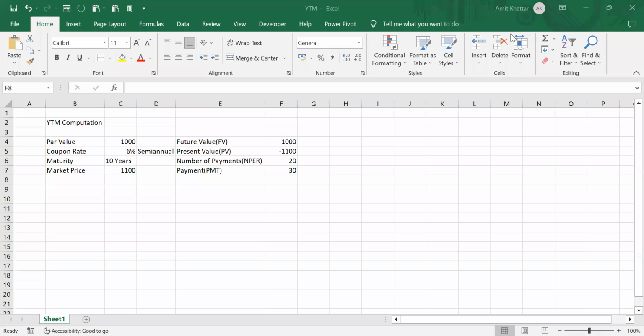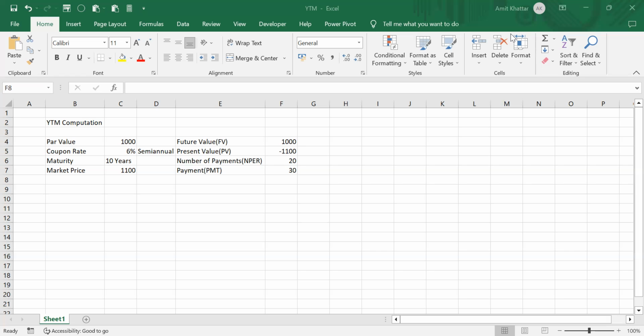Hi all. Let's look at how we compute YTM, that is yield to maturity, in case of a bond in Excel. Now, what information we have is that the par value, or principal value, or face value of the bond is given to be 1000. Coupon rate is given to be 6%. Since it's a semi-annual bond, that means the coupon payout will be twice a year. The maturity of the bond is given to be 10 years and the market price of the bond is given